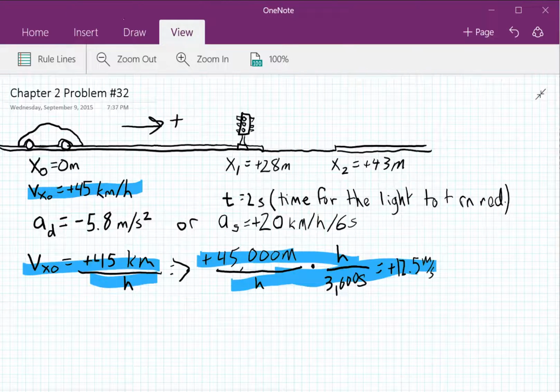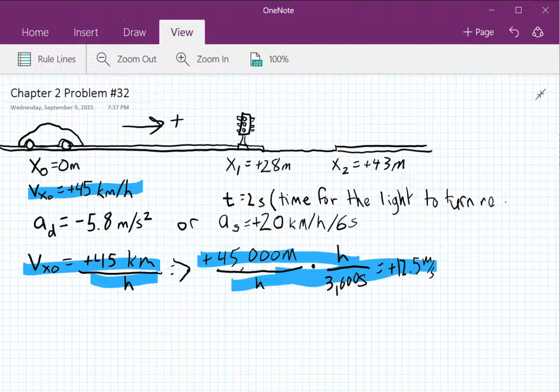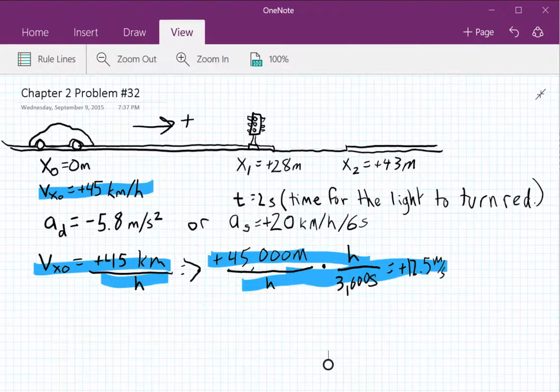Oh, it looks like I deleted the U. Okay, that does not look good. Turn. Okay. Now there's two ways you can do this problem. You can figure out all the values in the standard units and then solve it, which is what I would recommend. Or you could say, I want to answer if she can stop in time first and then see if she can speed up. Okay, but I'm going to show you how to convert everything first,